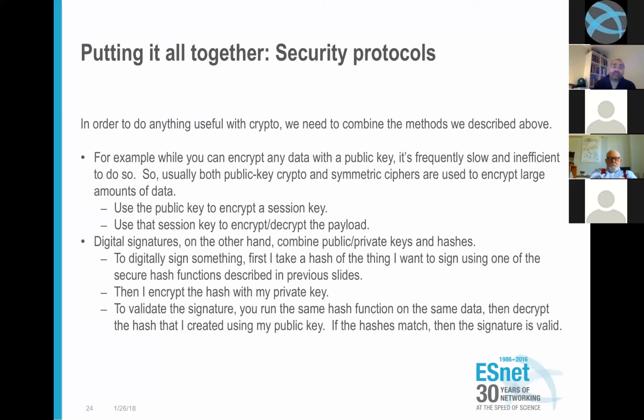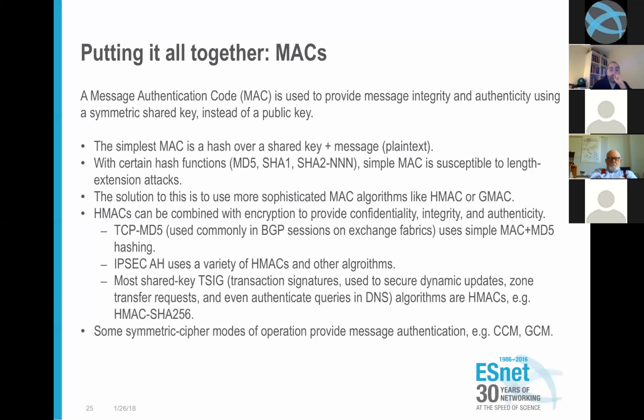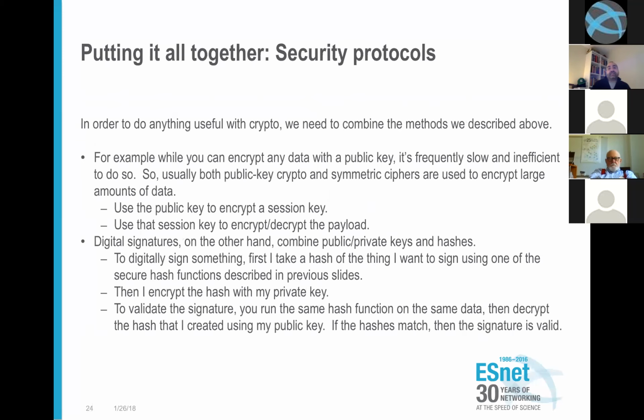So that's basically how digital signatures and how things like PGP work. You may also find in something like SSL, you use all three. You have a certificate, a digital certificate. That digital certificate is signed using a digital signature, which combines the hash mechanism and the asymmetric key cryptography mechanism. And then the data in that certificate is used to set up, using maybe some sort of key exchange protocol like Diffie-Hellman or ECDH,